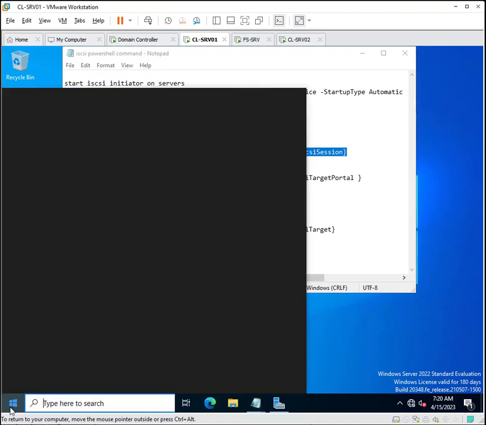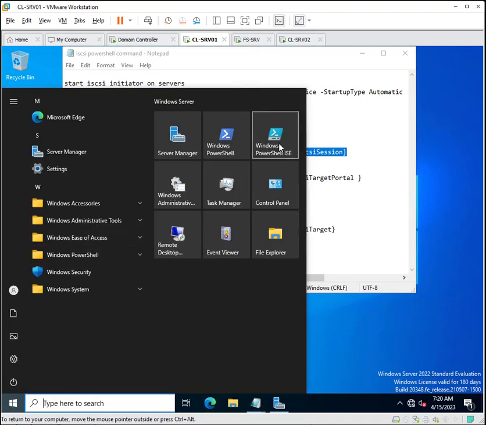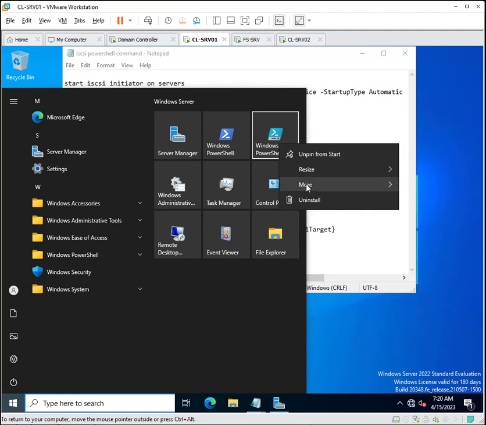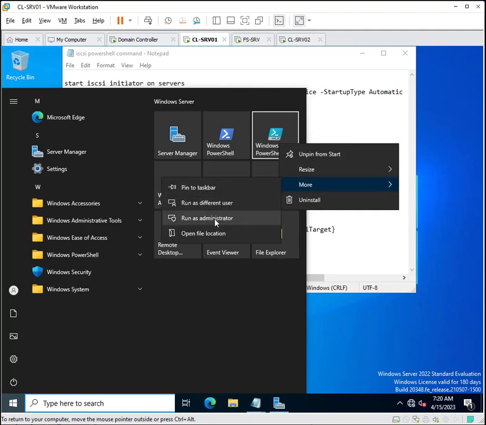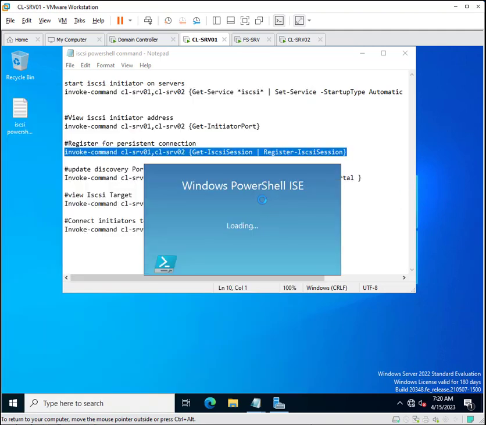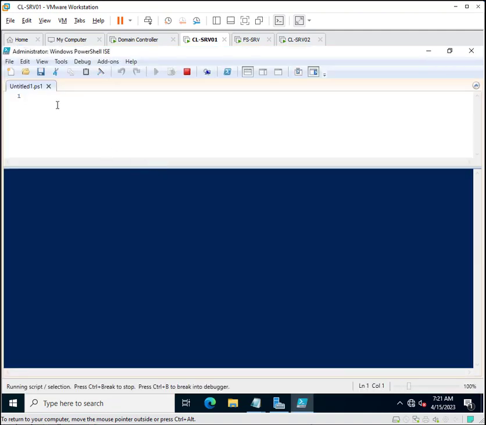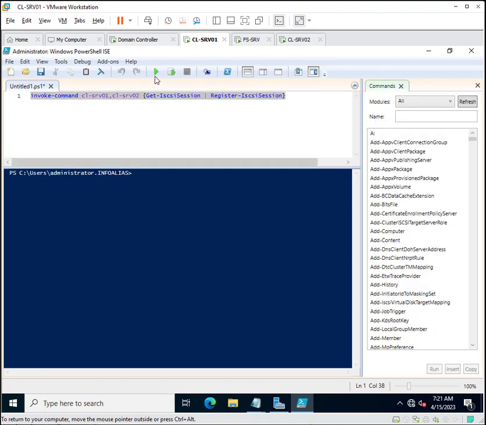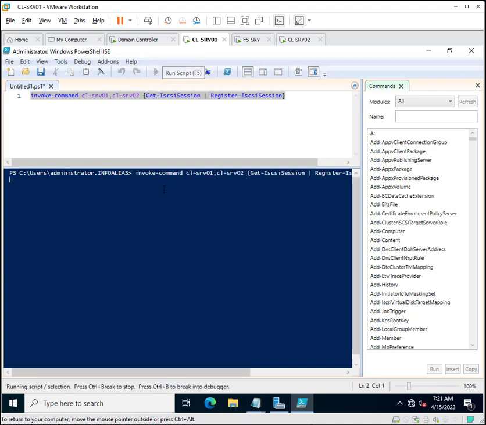I'm going to execute it through PowerShell ISE, run as administrator. You have to execute it with Run as Administrator, then type it over here and click on execute. This command will help make the connectivity to the storage resources on the iSCSI targets persistent. So this has been executed